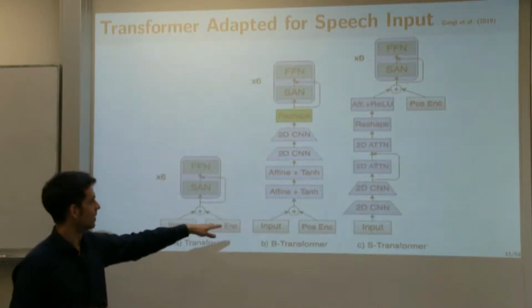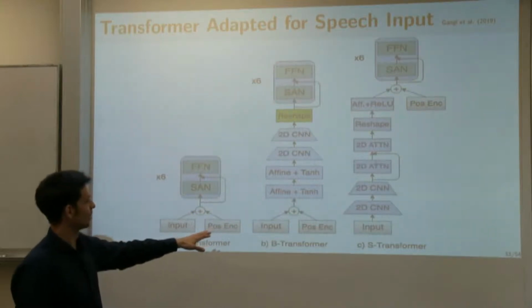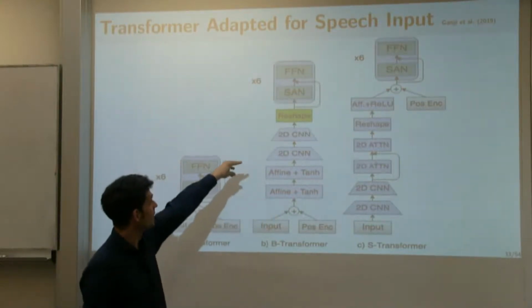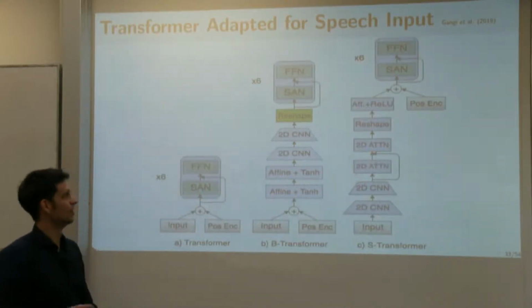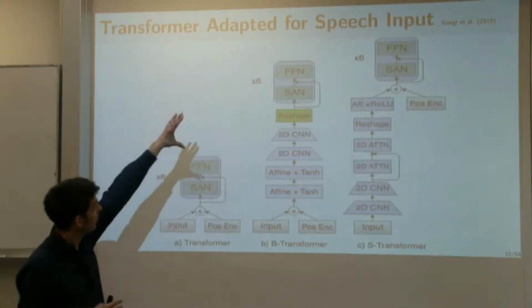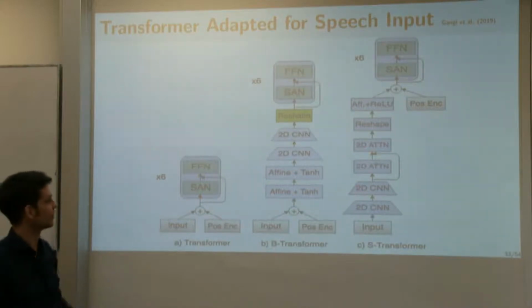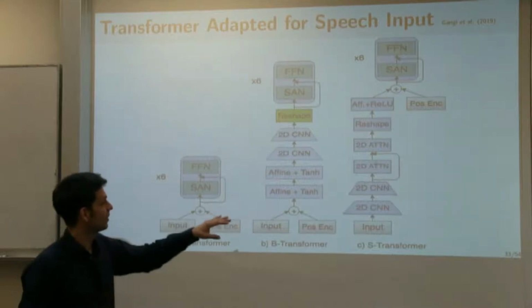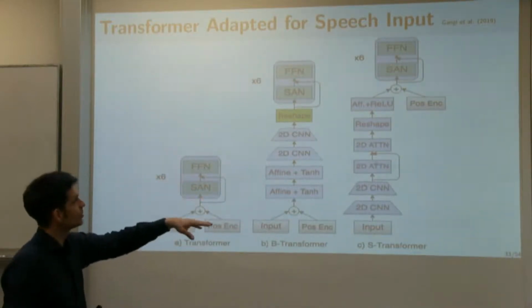Now the representation of the frequencies for the particular time frame and the position encoding, and then they used 2 levels of convolution network to reduce the size of the input, and then on top of that they put the standard encoder layers of the transformer. So this is like the baseline transformer approach, and they have a better setup, the S transformer, which uses